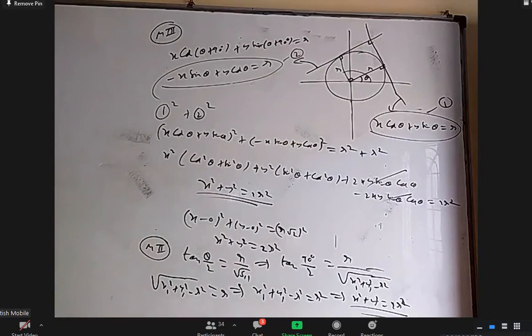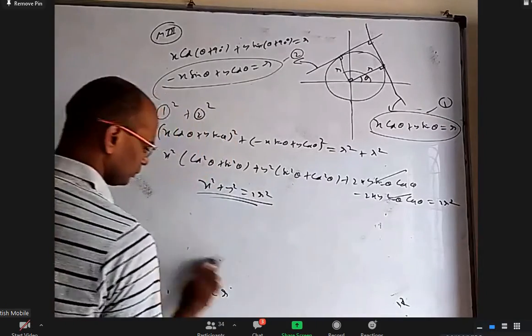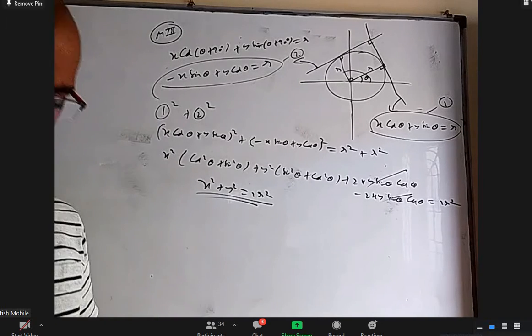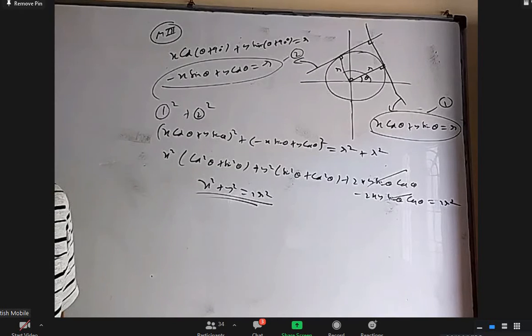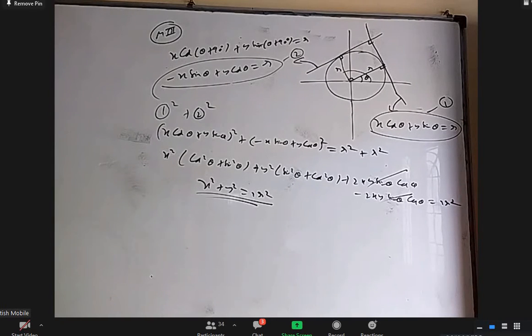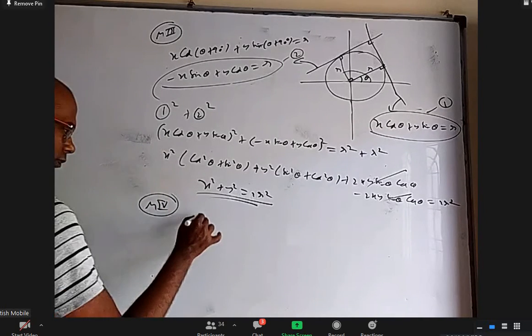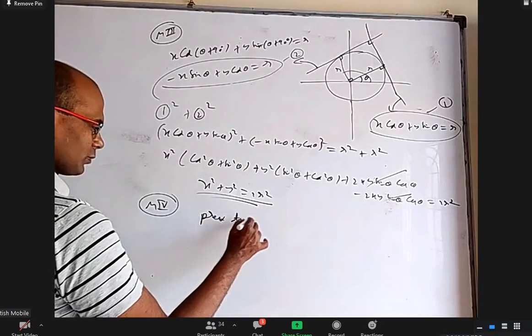Even though the first two methods are easier, this is still one method. This one is quite similar to the last two questions in exercise 1A, where one of them gave x cos theta + y sin theta = a and x sin theta − y cos theta = b, and they asked for the locus of the point of intersection, something of that sort. Okay, method 4. Previous question.